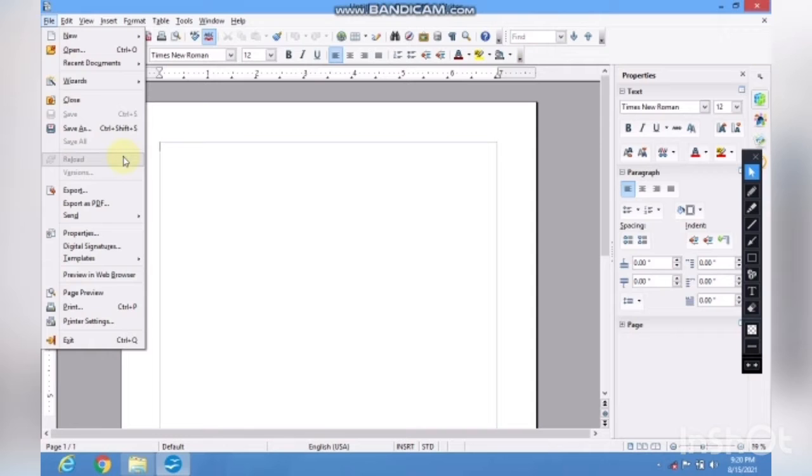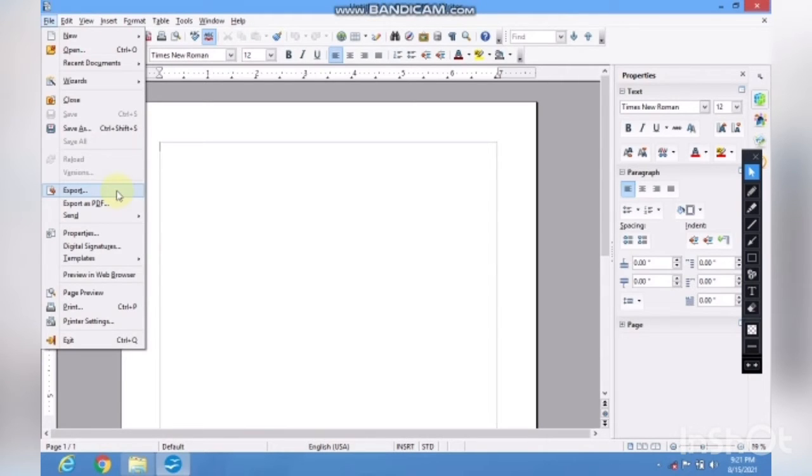Now reload means to refresh your document, you can go to the reload option, okay. Versions. By clicking on this you can check all previously done modifications with your OpenOffice Writer, right?